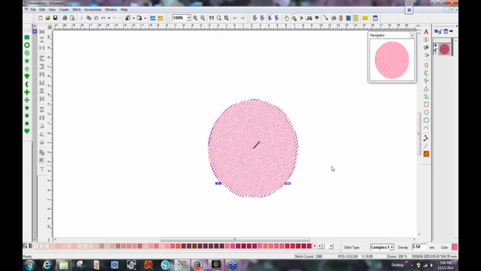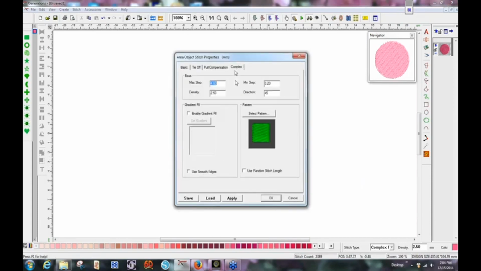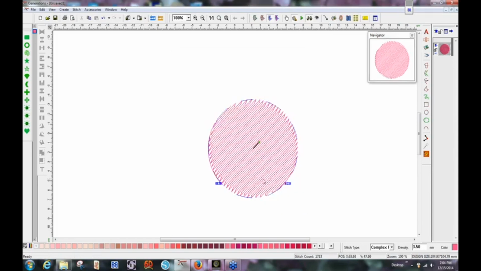It still looks a little heavy. How big is this thing here? Well, it's a little over. I think we'll make that... I'm going to right click again, go back into my stitch settings, and I'm going to loosen that up to about a 3.5. You want to see some space in between there when you're doing this. So now we have our first layer, and we're going to copy and paste this